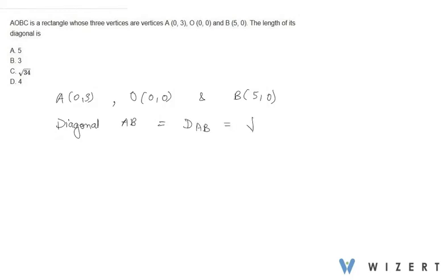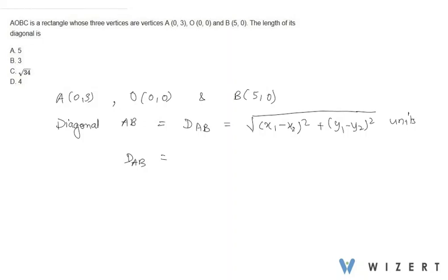And we know the distance between any two points can be calculated by the square root of (x1 minus x2) whole square plus (y1 minus y2) whole square units. So we'll simply put the values here. So AB is